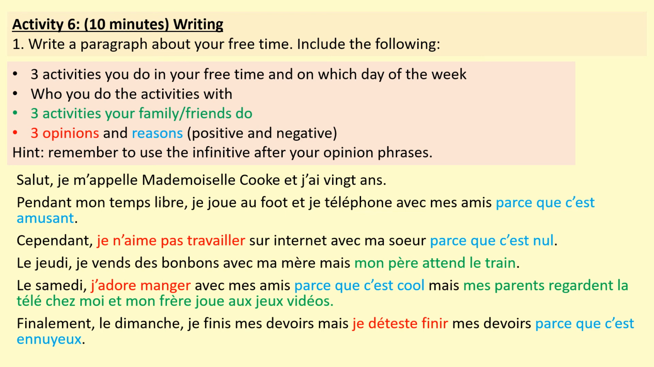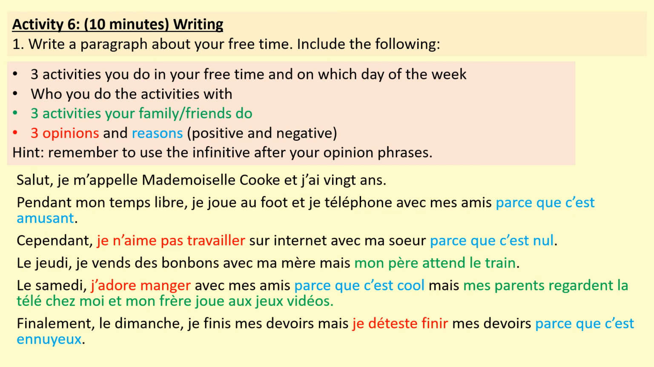So I've color-coded my text with the different things that you need to include. I've color-coded in green the activities that your family and friends do, in red the different opinions, so things like I like, I love, I hate, and then the reasons, because it's fun, because it's rubbish, and so on. So I would like you to write